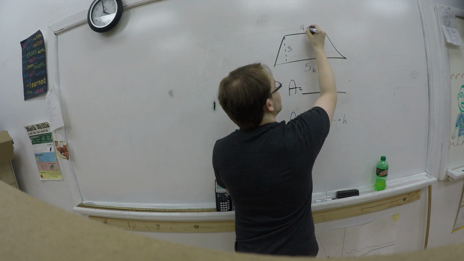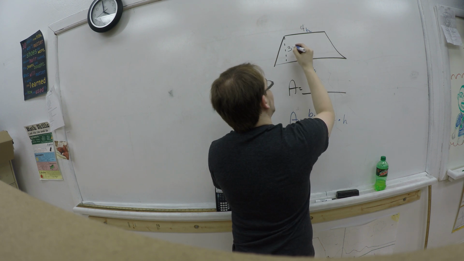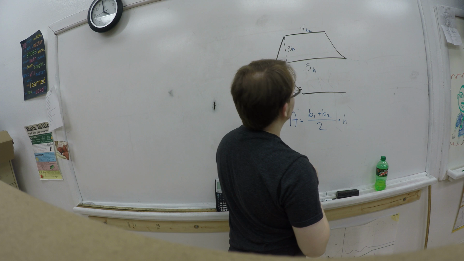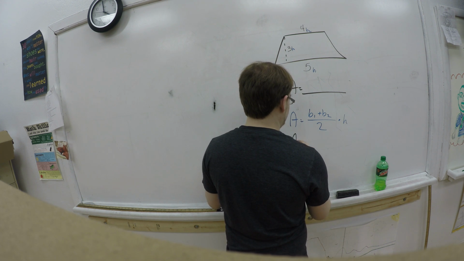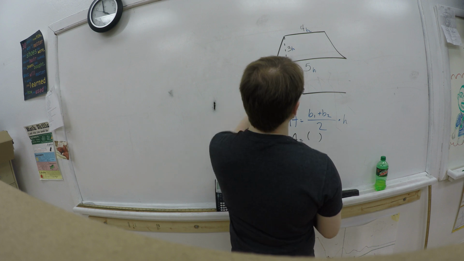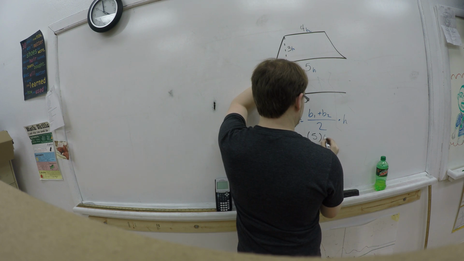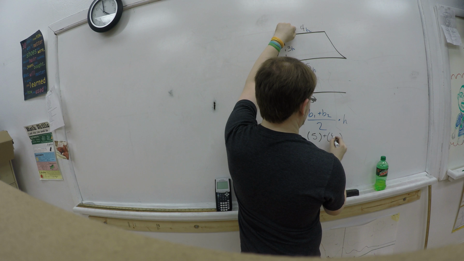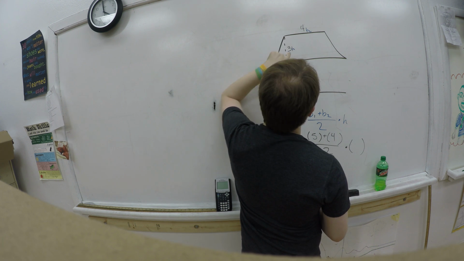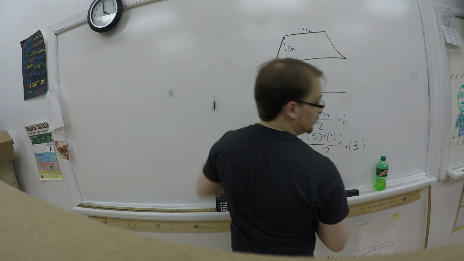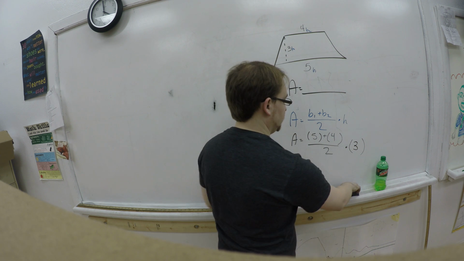So our base 1 is either one of these, doesn't matter. Base 1 and base 2. Okay? And here's our height, right? So you plug it in. Area equals, what's our base 1? 5. Plus base 2, which is 4, over 2 times our height, which is 3. Do the math. 5 plus 4 is